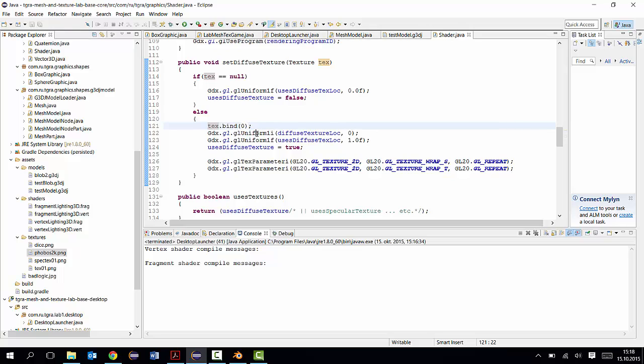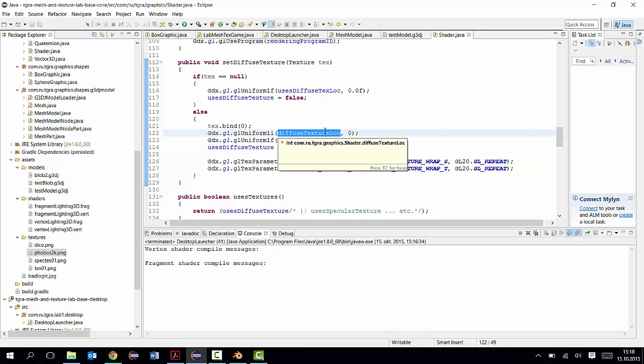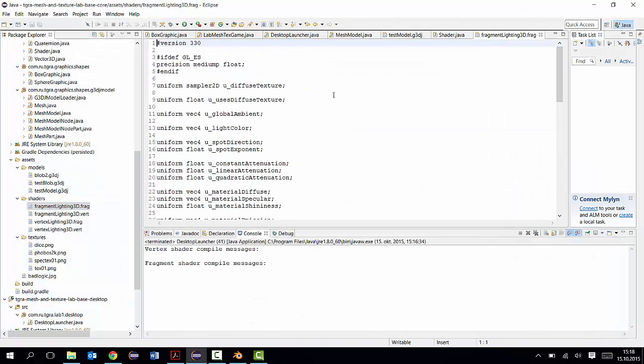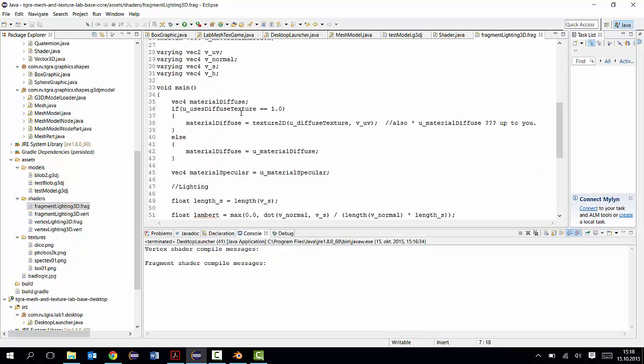Then we tell our shader to use 0 for its diffuse texture location. That is referring to this sampler2D variable here. So sampler2D in this case is just an integer that tells us which unit it's bound to. But the sampler2D is a special case of an integer, and we use it through this function here. So we say we have some coordinates here, some vec2 uv,